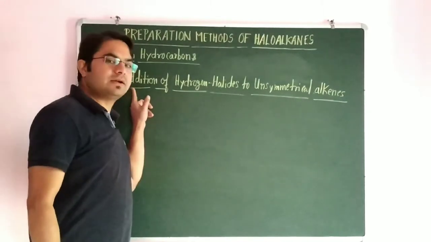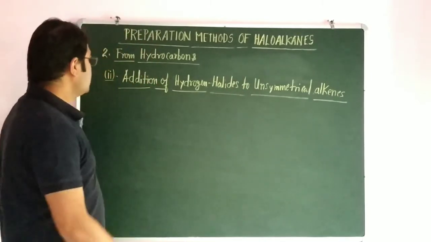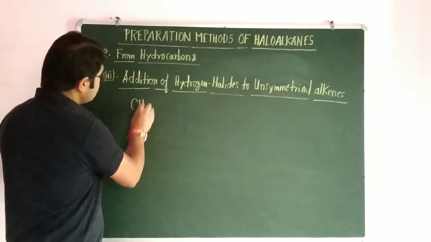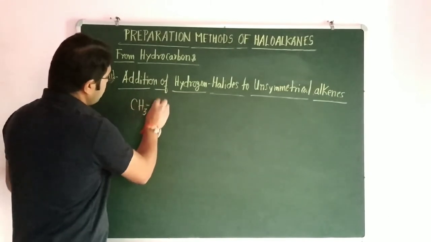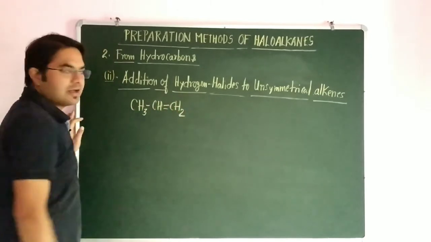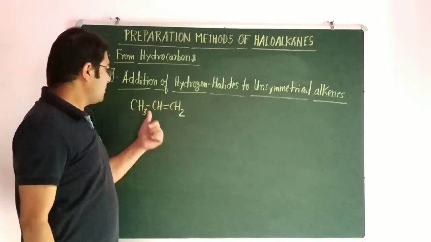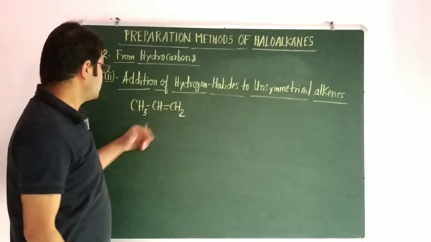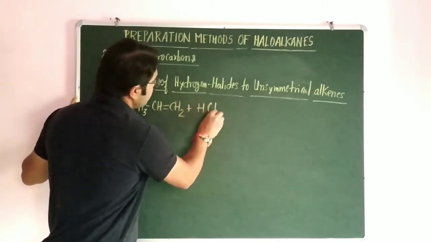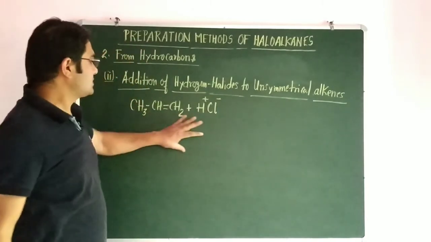Now the next method is addition of hydrogen halides to unsymmetrical alkene. If you talk about unsymmetrical alkene, then the unsymmetrical alkene is the second member of the alkene series, that is propene, because it contains 3 carbon atoms. So the carbon atoms across the double bond are unsymmetrical. So this is propene, and when we add a hydrogen halide like HCl or HBr to an unsymmetrical alkene, then we use a